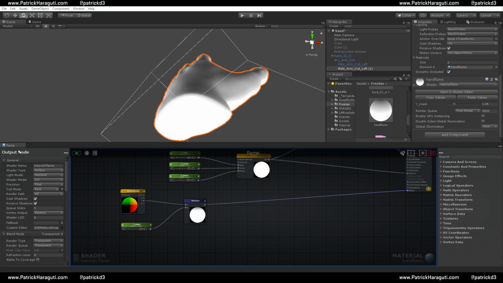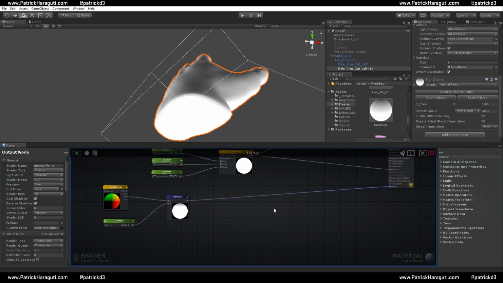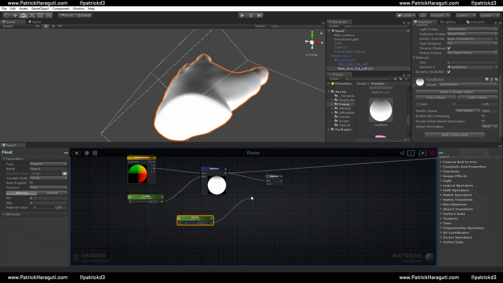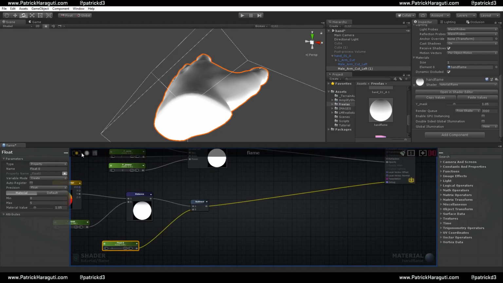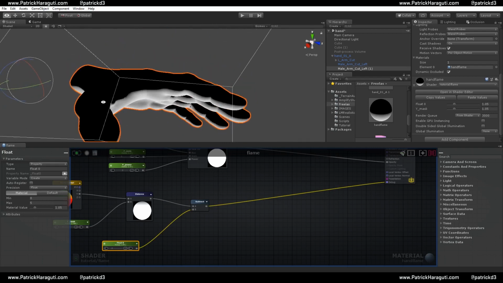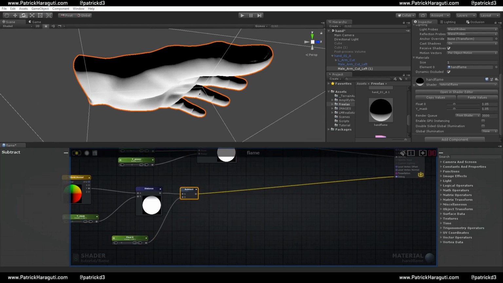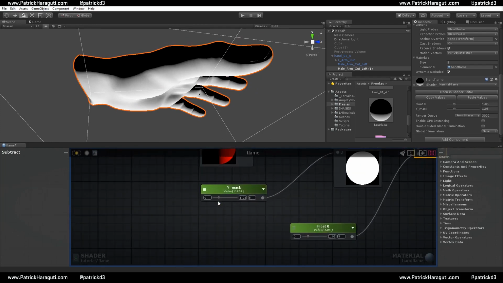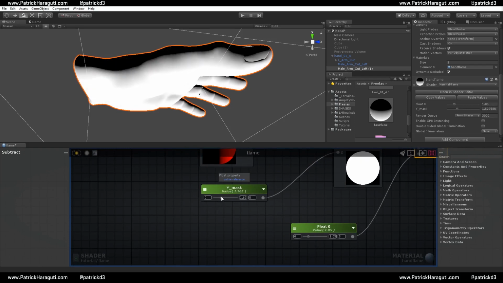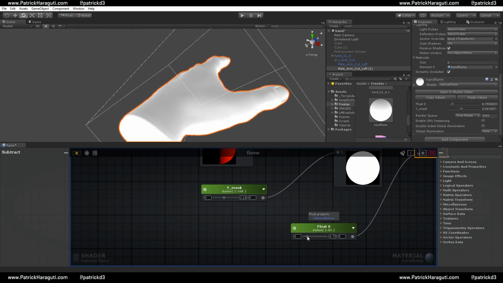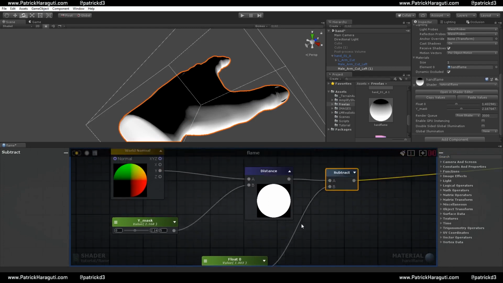Something like this. And we need another node, it's a subtract, maybe Subtract. Okay, let's subtract the distance from another float. Let's link here to see what happens. So the value is inverted. Okay, that's okay. So maybe if we change here, yeah, something just for the top. Yeah, you can see here the mask,